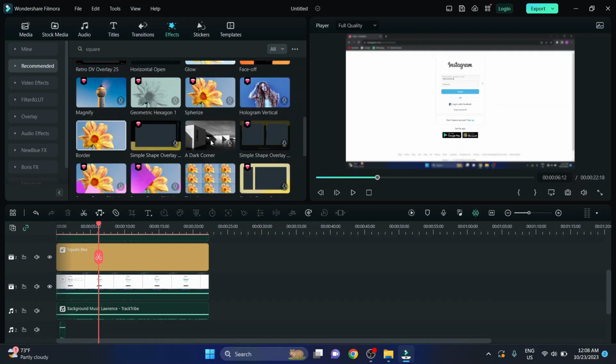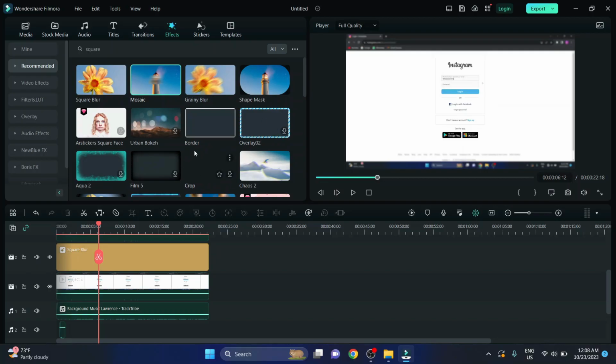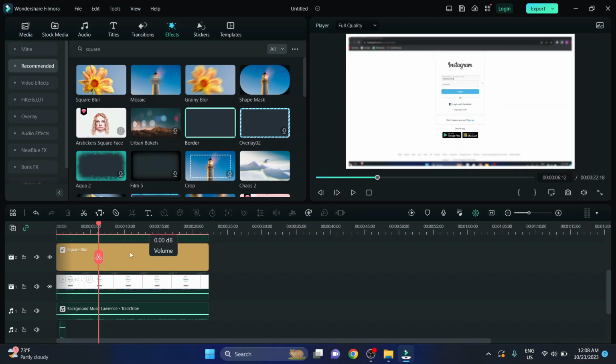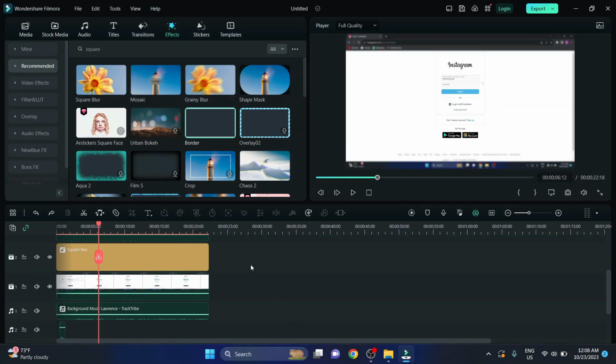So like this you can try it out. Guys, many blurs are there. If you want to add a border also, then you can add a border. So many things you can do here with the help of the effects. Hope this lesson is very exciting for you. Now guys, you can easily blur specific parts of the video. Either you can blur a specific part, or you can blur the entire video. So I have shown you when we can use the blur effect. Guys, that's it for this lesson, and I will meet you in our next lesson.